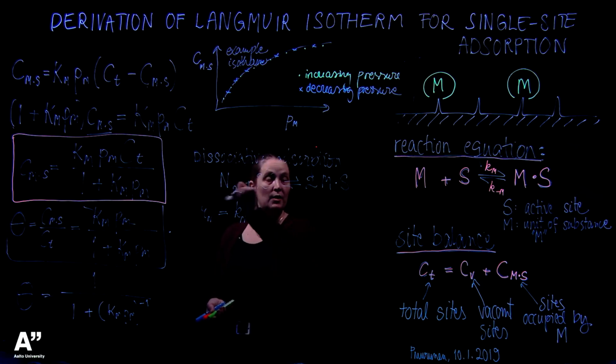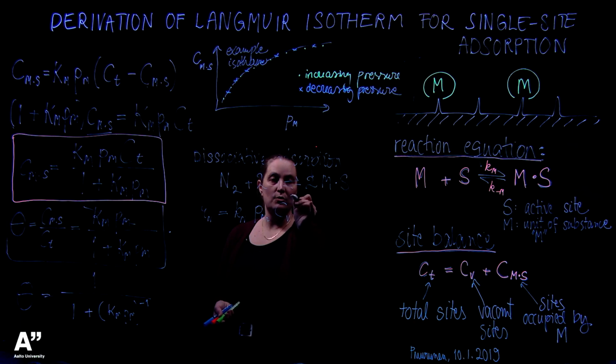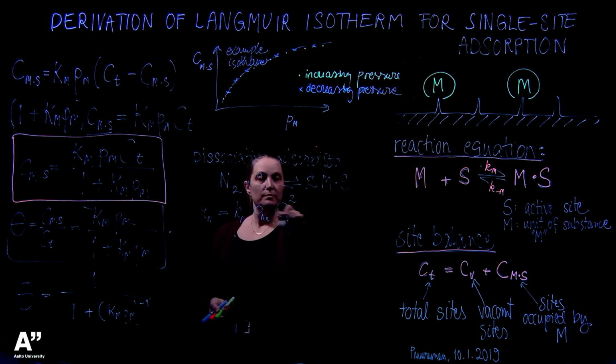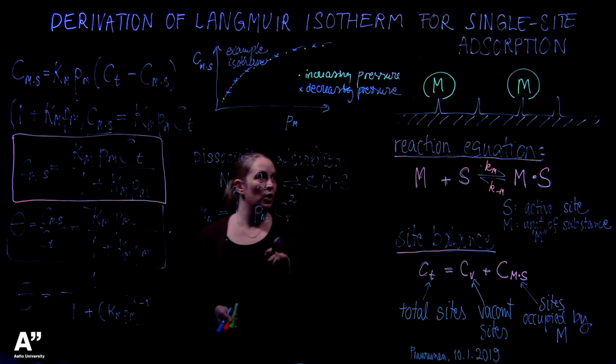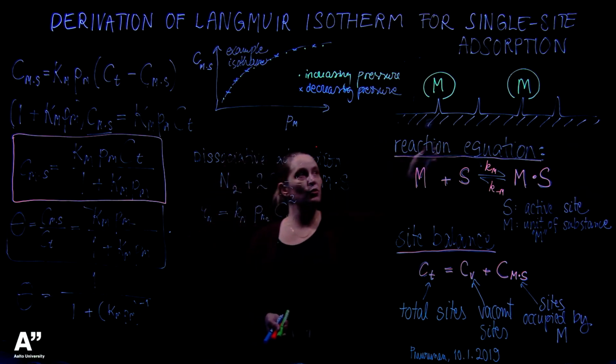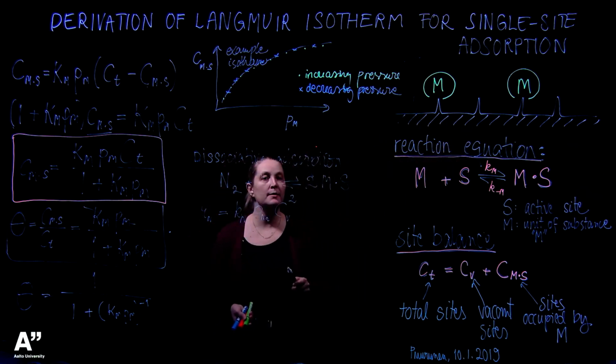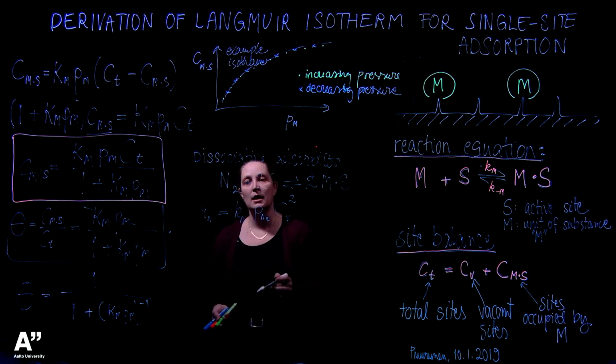times, again, the partial pressure of the N2, these would be molecules, obviously, in the gas phase, times the concentration of vacant sites to the power of 2. So this power to 2 comes from the fact that you would need two neighboring sites next to each other to be able to dissociate the molecule. That is along with the thinking that these would be elementary reactions. And then